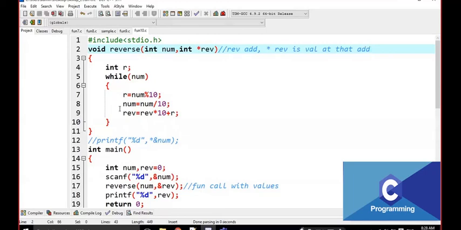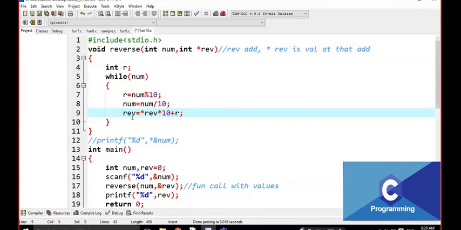Okay. Now instead of working with REB, I have to work with star REB, that means the value at that address. It is going to change the value at that address, not normally. I have to do the modifications on star REB.